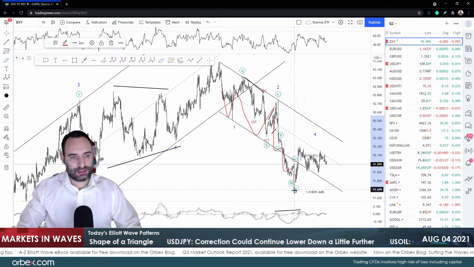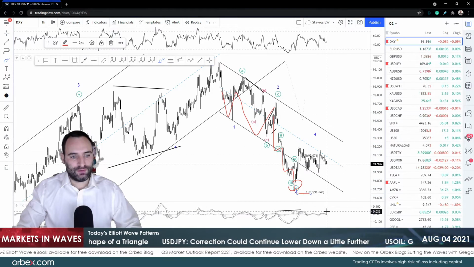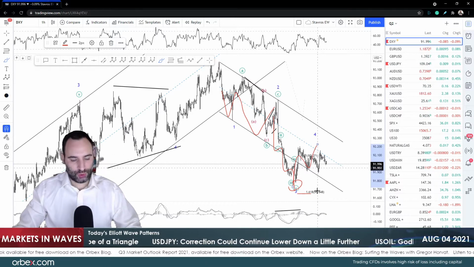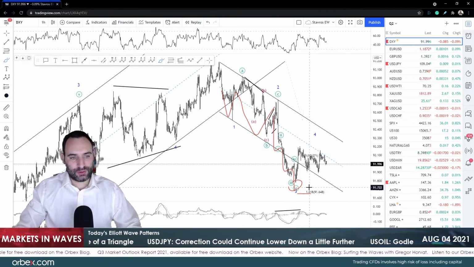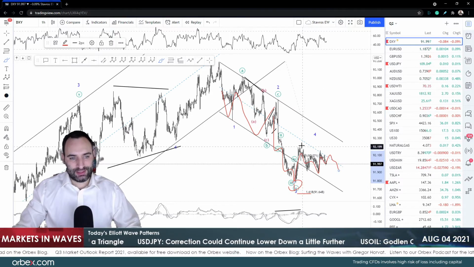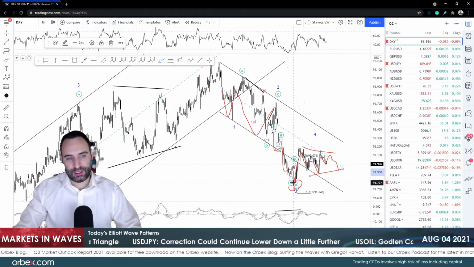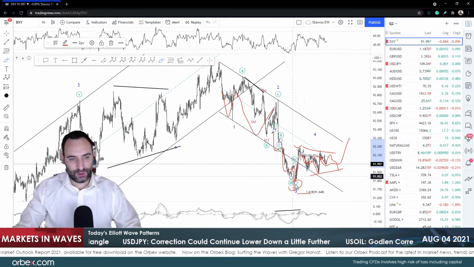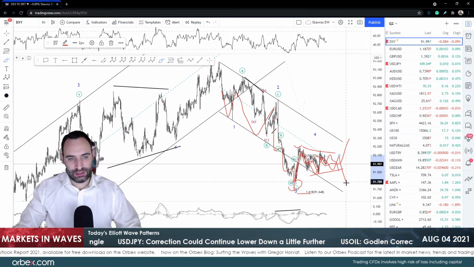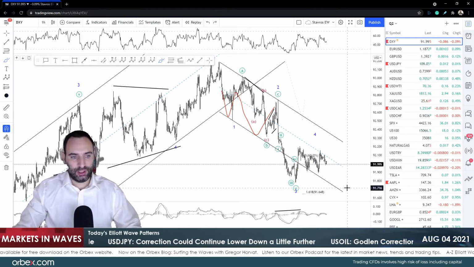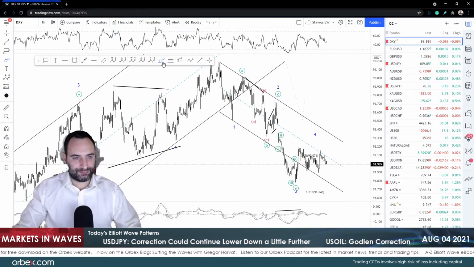Last time we talked about wave 3 being a bit short of the 161 extension and we were expecting a WXY to occur. However, what we're seeing now is most likely a triangular formation of some sort, because it looks like it can be a case where we've got W, X and Y, or A, B, C, D, E, and then we'll continue lower down. In either case, I'm looking at still being at wave 4, which means we can expect another leg to the